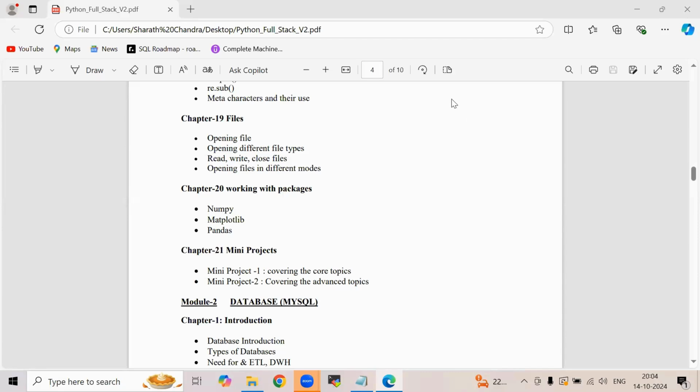So if someone is from ECE, they'll know about this MATLAB actually. This matplotlib looks a little like MATLAB, but what we do is we analyze the data using Python, and then whatever data we analyzed, we will plot the graphs using this PyPlot. There's something called PyPlot in matplotlib.